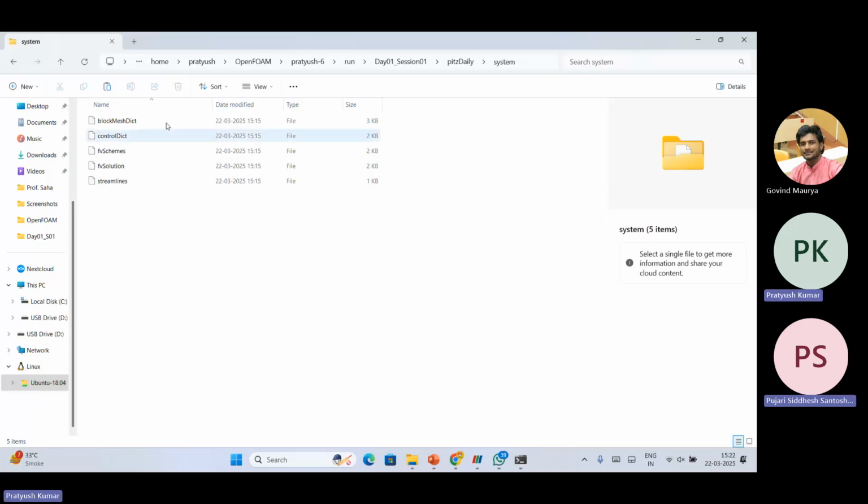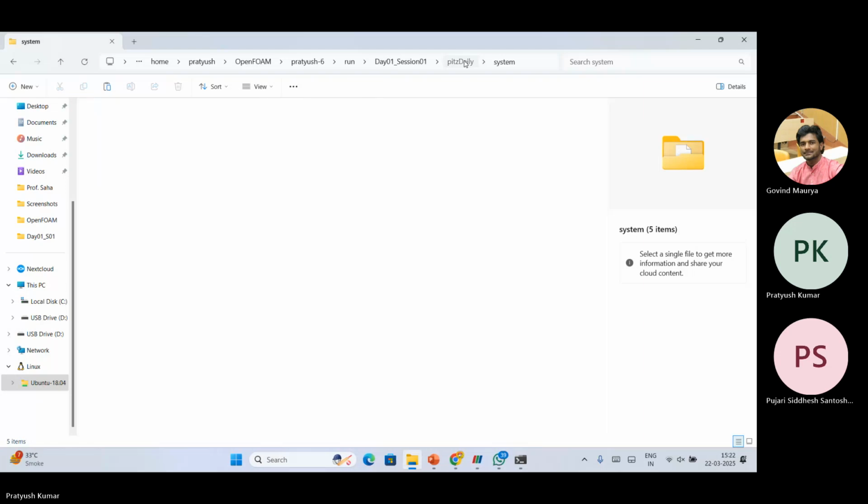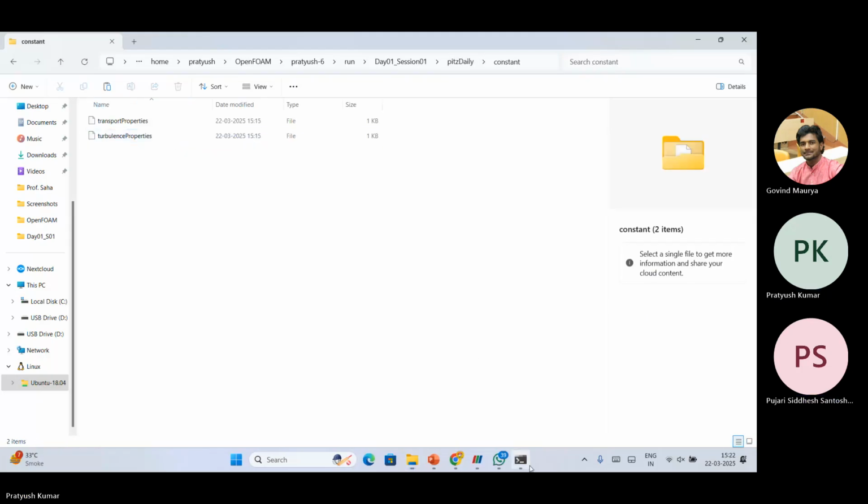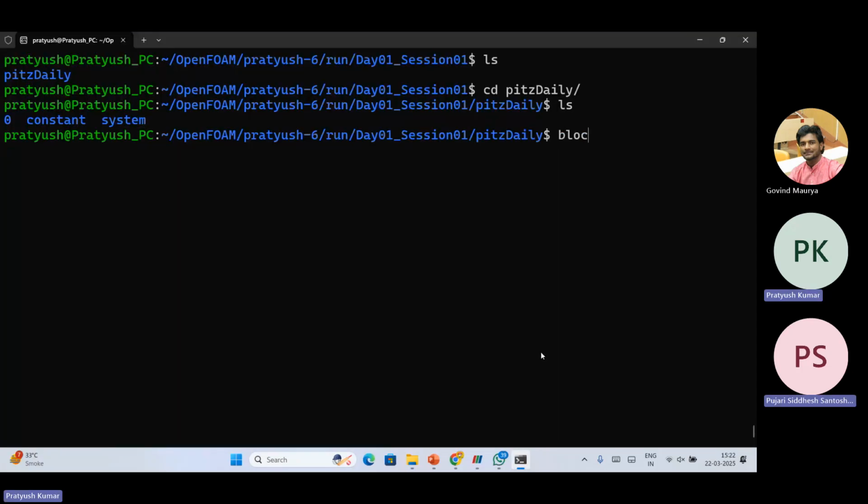Now here you can see that there is a blockMesh folder, and currently if you open the constant folder, you do not find any information related to the meshing. For that purpose, you have to run blockMesh. blockMesh is the meshing utility. Remember that in the application folder there are two different varieties, solvers and utilities. So blockMesh is one of the utilities that you are going to use to create the mesh. So if you type blockMesh and enter,